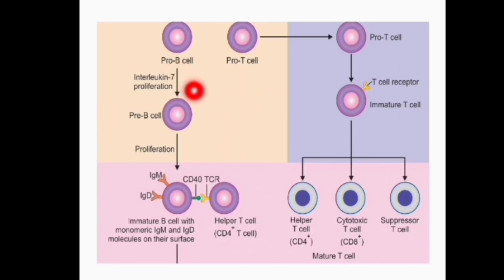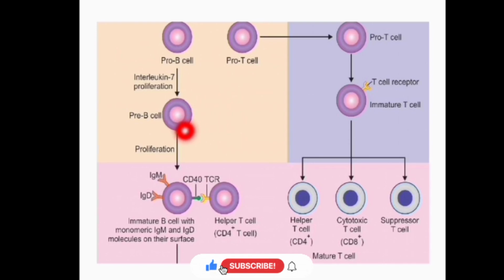In bone marrow, it differentiates into the stem cell. The stem cell differentiates into the pro-B cell and pro-T cell. The pro-T cell migrates into the thymus. Here, the pro-T cell further differentiates into the helper T cell, cytotoxic T cell and suppressor T cell. Here, in the bone marrow,